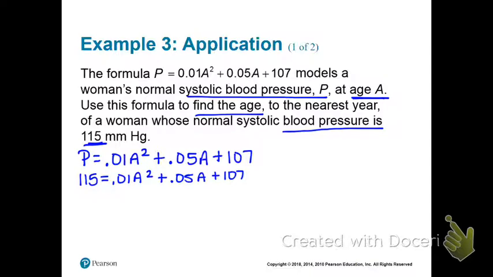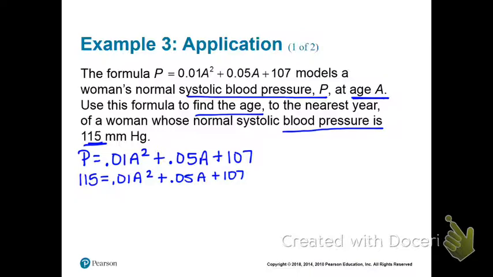Now, we have to choose which way we want to work this. Well, I see decimals, so I don't really want to even try to see if it's factorable. We have an a squared and an a term, so the square root property is totally out. So it looks like I'm down to, do I want to do completing the square, or do I want to do the quadratic formula? Since my a term is an odd number, 0.05, I really don't want to do completing the square, so I'm going to choose to do